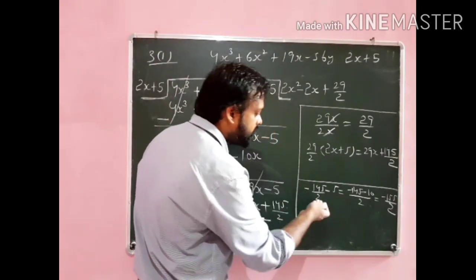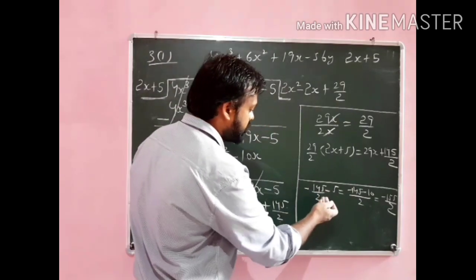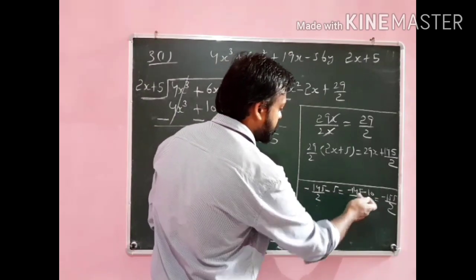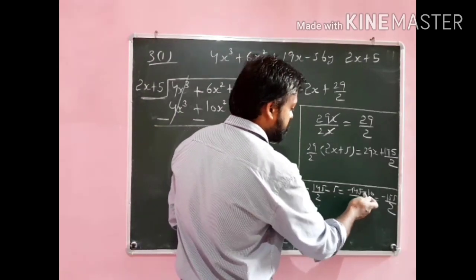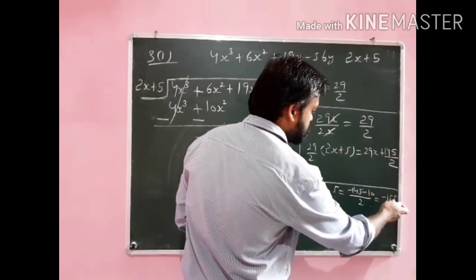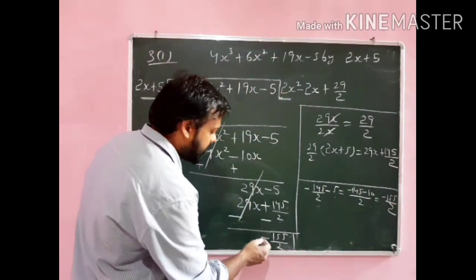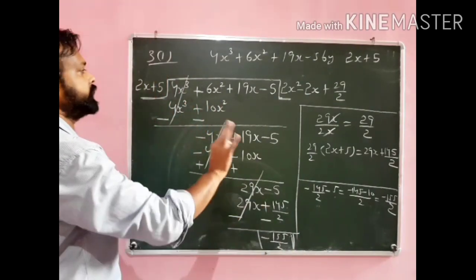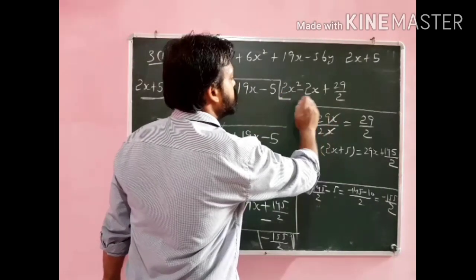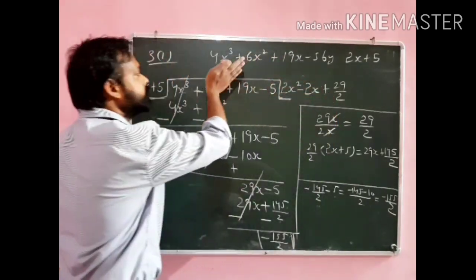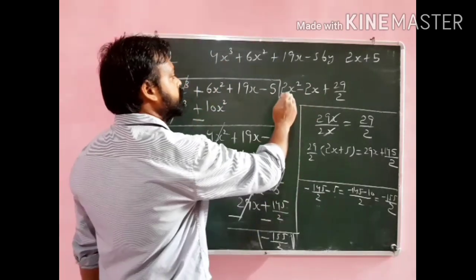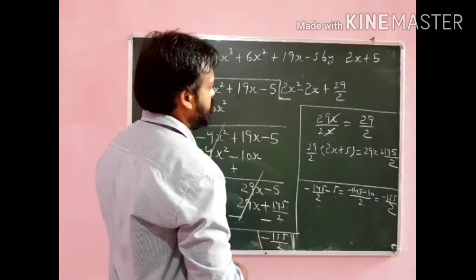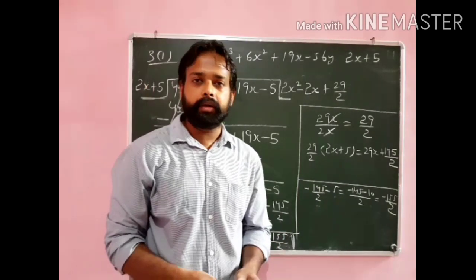I had also shown you how we can add the terms, minus 145 over 2 with minus 5. So we have to take the LCM first of all. Minus 145, then 5 into 2 is 10. Again minus minus plus, 145 plus 10 becomes minus 155 by 2. So you have to write it here, minus 155 by 2. This is your quotient. Because in this sum we have to write down the quotient and the remainder. So quotient is this, and then we got the remainder, that is minus 155 by 2. So I hope it is clear to you.